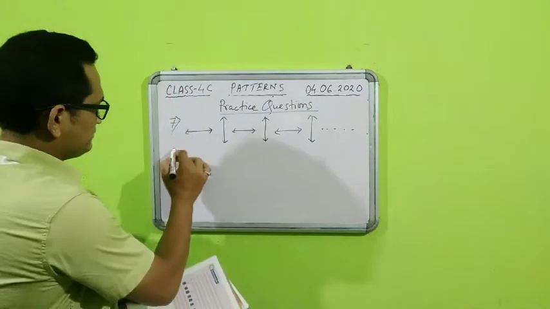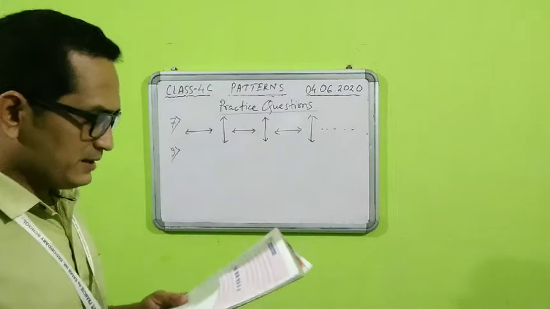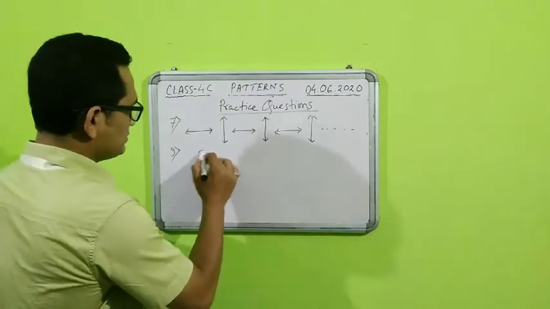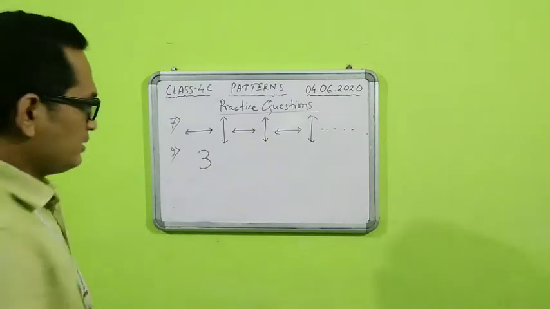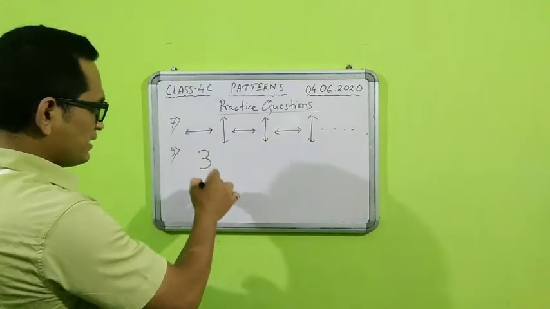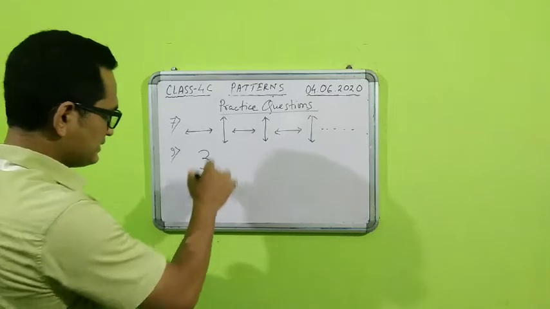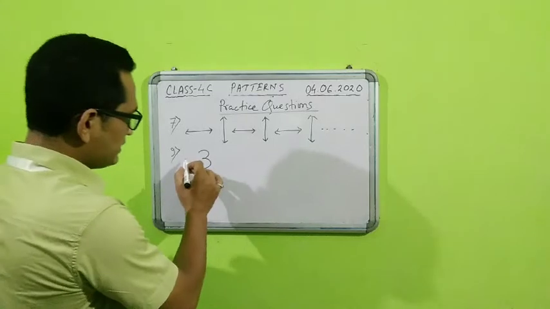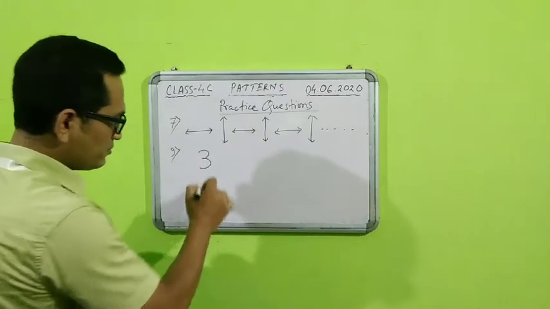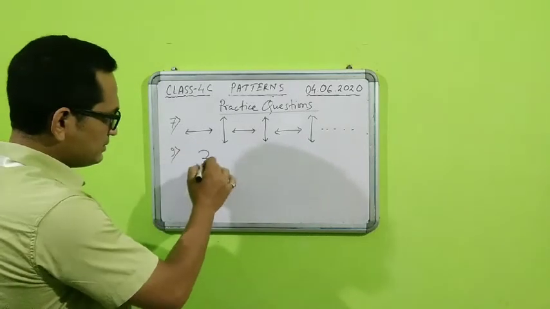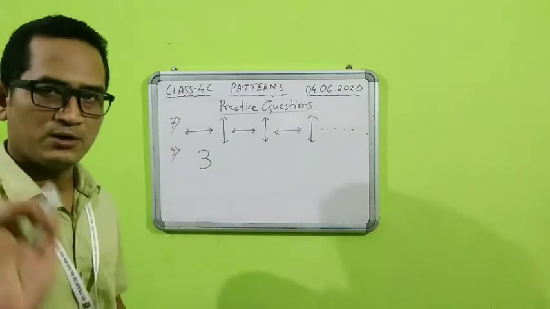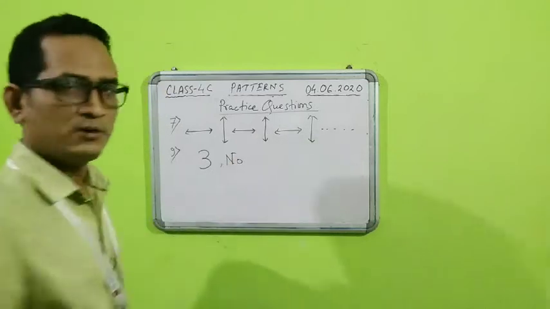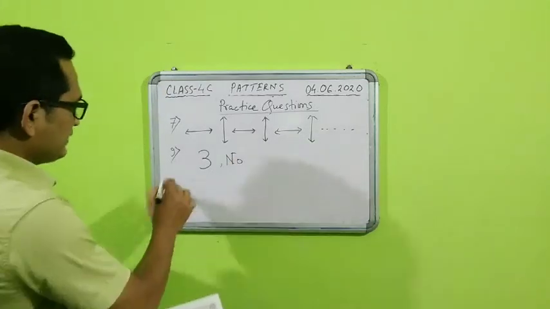Then question number 9. It is given, can we draw a vertical line of symmetry through the digit 3? Now students, the digit 3, if I try to draw a line of symmetry vertically like this, is it possible to draw? Because they are saying vertical. Horizontal, it will be possible. But can I draw vertically? If I draw vertically, the left hand part and the right hand part will not be the same. So the answer will be no. So we cannot do it. And finally, question number 10.